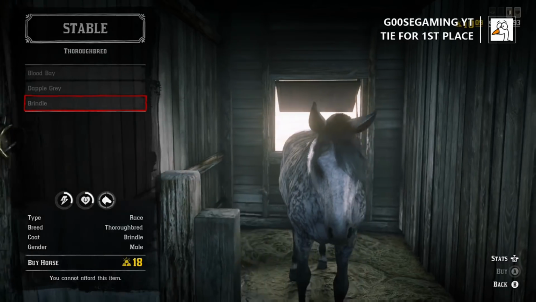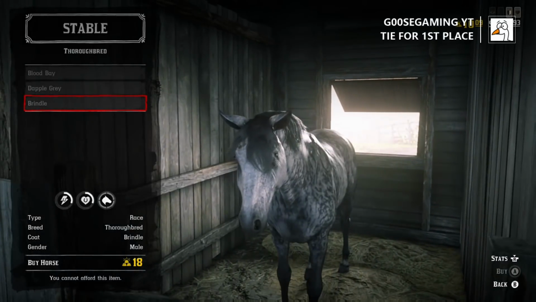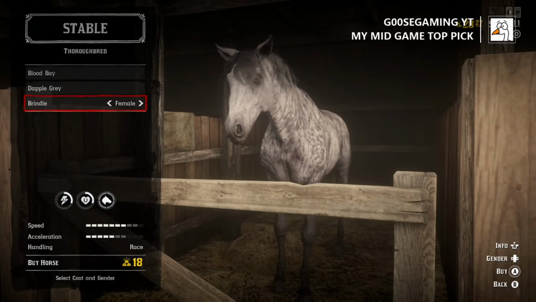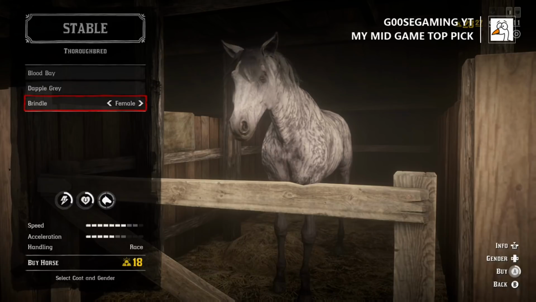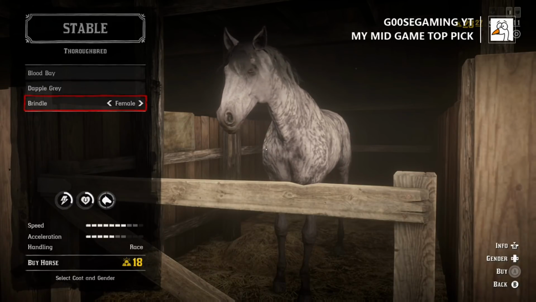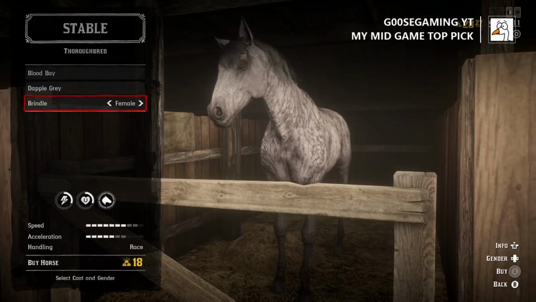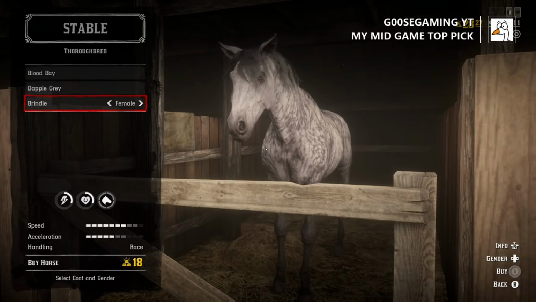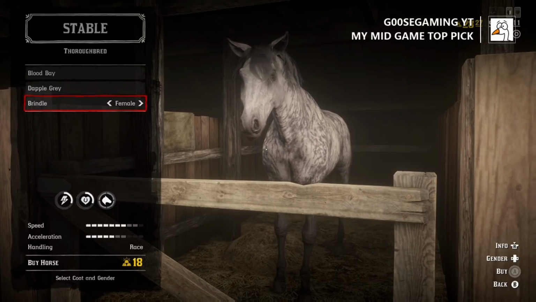So if you're willing to part with some gold, you have a couple of great options in the 48 to 51 range. And now it becomes a question of what skin or what coat of the horse you prefer. So this is going to go ahead and be my mid-game top pick. I prefer horses that are bigger. This is a racehorse, so it has that race handling, and I do have this one upgraded once I take it out of the stable,